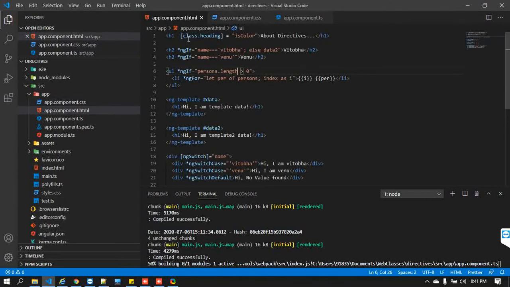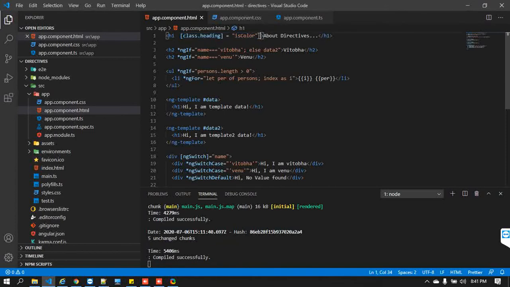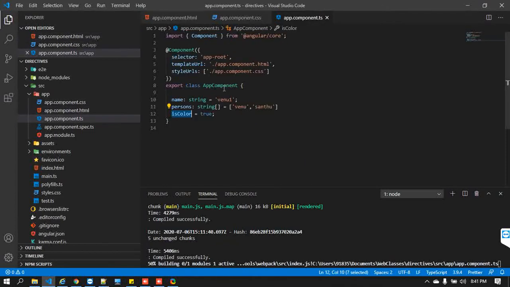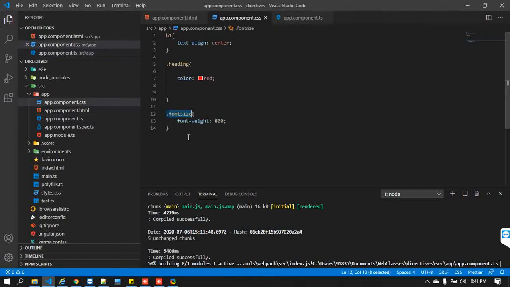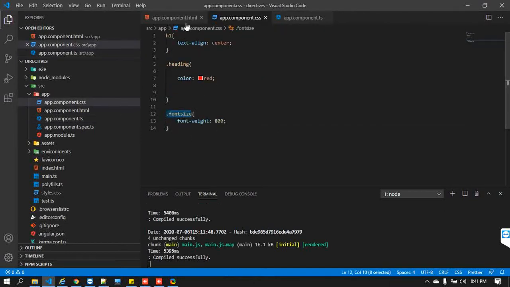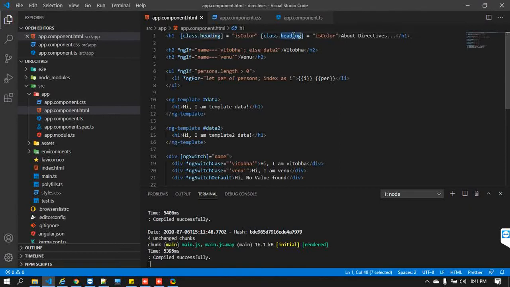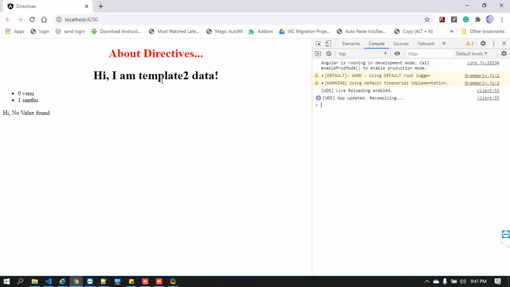Sorry guys, what is our class name at this moment? This one. Come back here, the class.your respective name. If it is true, then only the font weight will be applied to this respective thing.